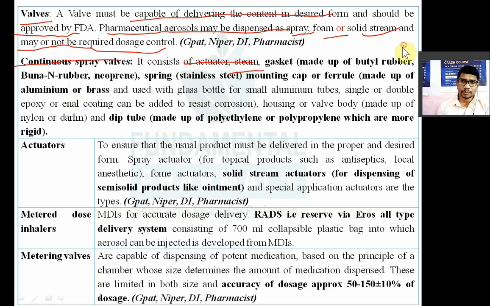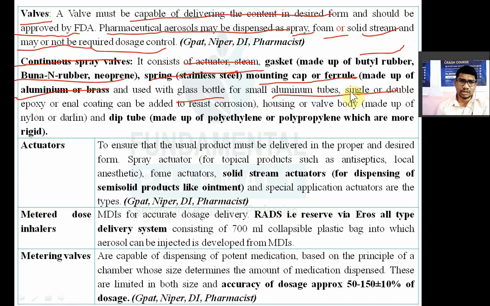To ensure that the product must be delivered in an accurate amount, to deliver accurate amount of product at a desired site। Now there are two types of actuator, है ना। यहाँ पे दो टाइप के होते हैं। पहला होता है आपका स्प्रे एक्चुएटर एंड दूसरा होता है फोम एक्चुएटर। Okay, spray actuator। So for a topical product, ये इसको यूज होता है topical product of antiseptic, local anesthetic, है ना। So it will produce a spray, है ना। ये spray produce करेगा, it will dispense the product in the form of spray।